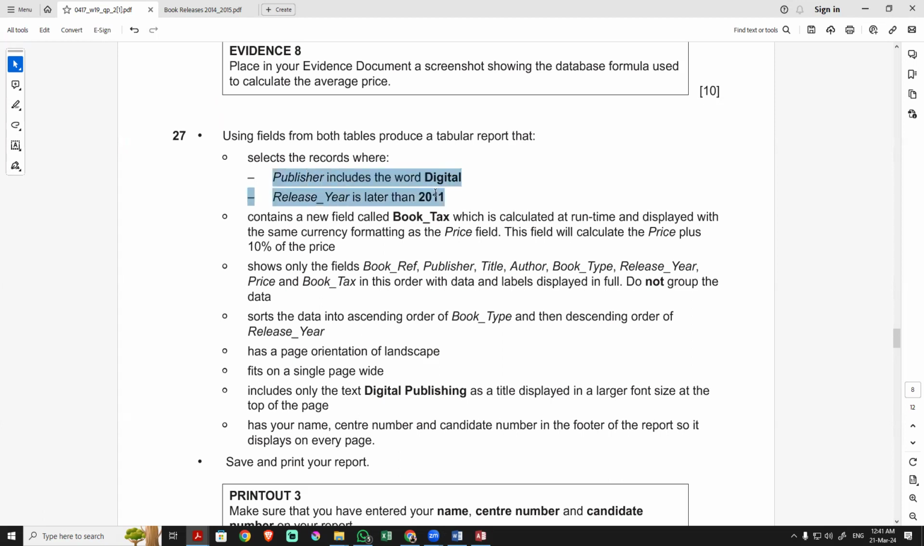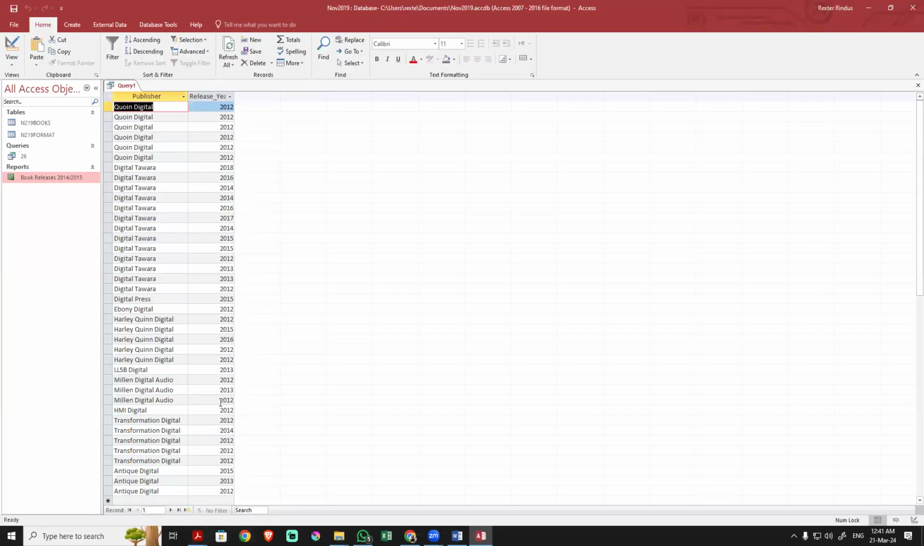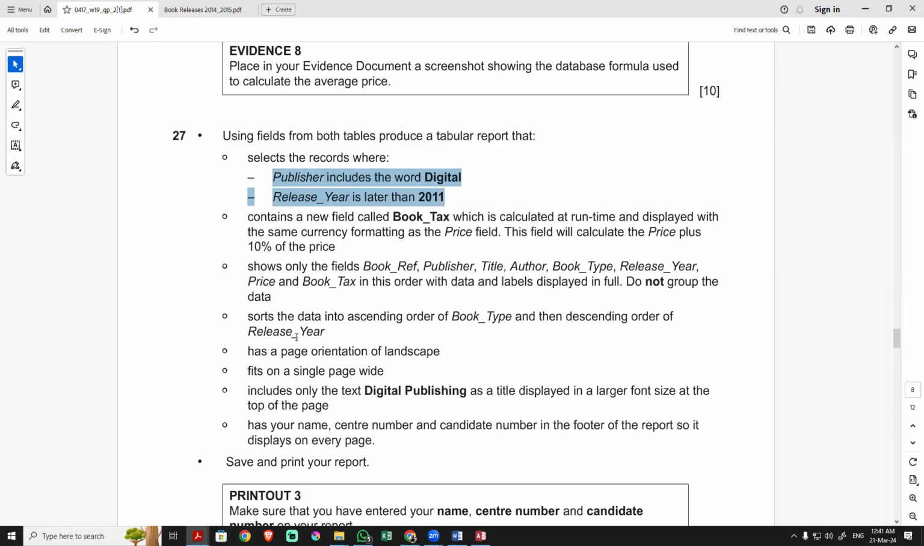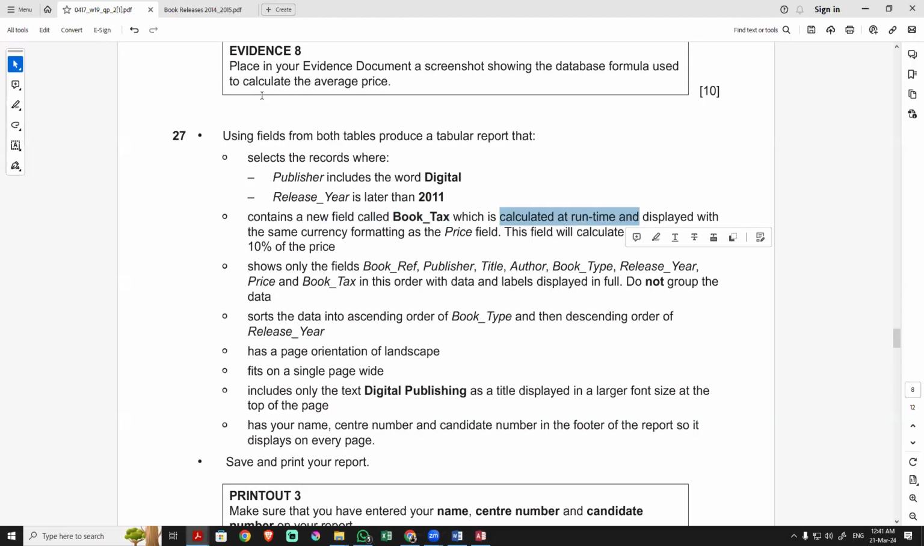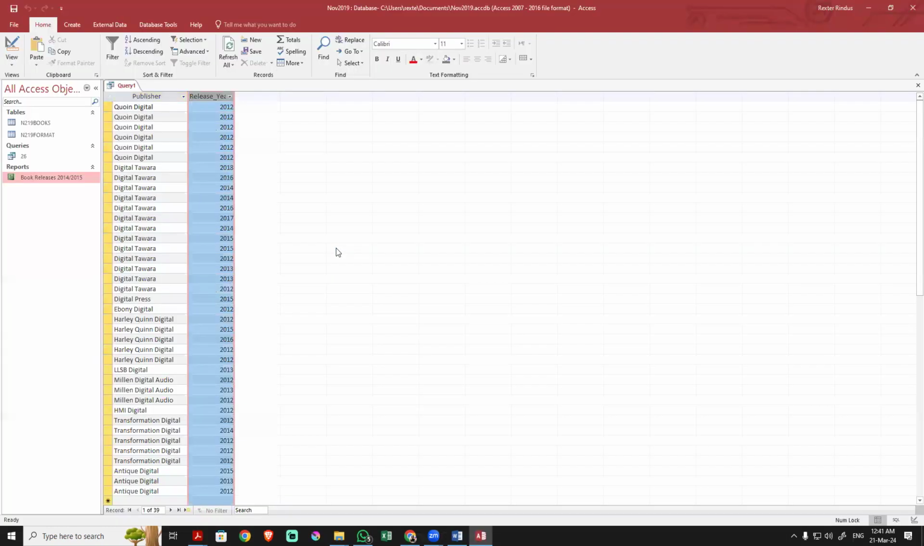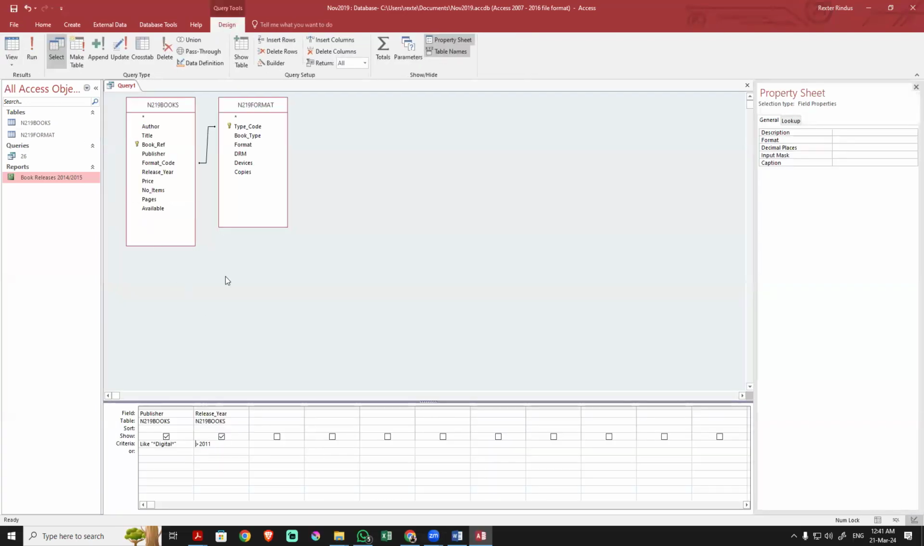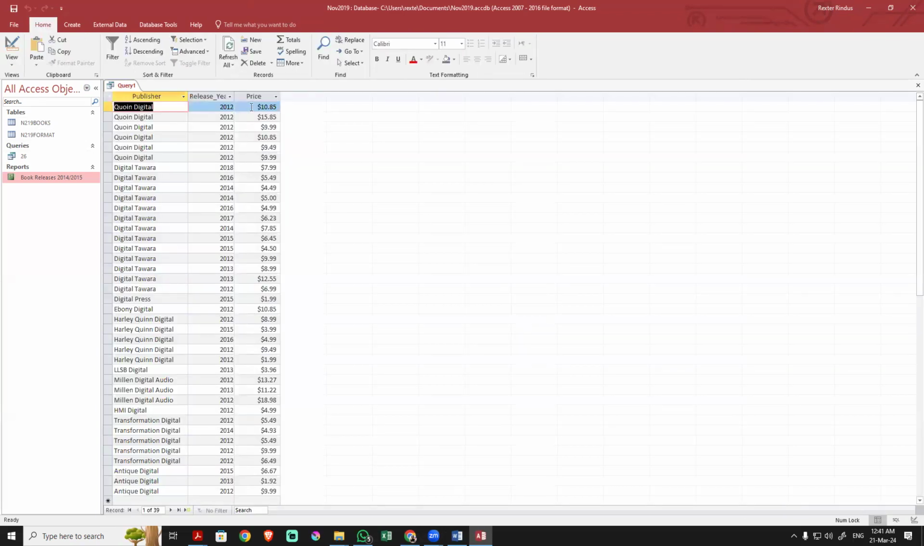That's the two things that are needed. And we have 39 records so far. But there's one thing that is a little bit tricky here. There's another thing. It contains a new field called book tax. This is a new field, like a field of publisher, a field of release year. There's a field here called book tax above. What it will do is calculate the price plus 10% of the price. So you have to add the first field, price. Add the price first. Now you have the price here. Now you should have a field here called book tax, where it will get the amount of the price